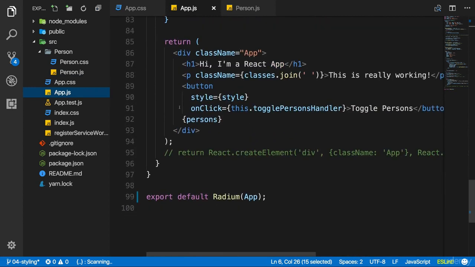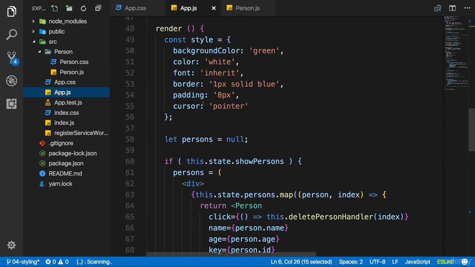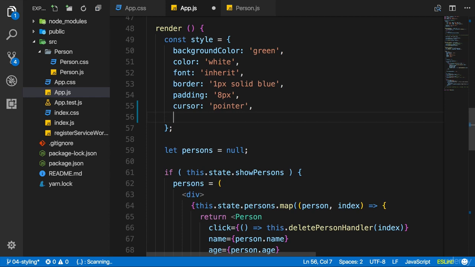Now with that added, we can start adding or using some new features. And we of course do this in our style, because Radium is all about styles. Here our style, which will get assigned to the button in the end, I want to add a hover style. And with Radium added and wrapping your export, you can simply add a new property, :hover, or any other pseudo selector. All pseudo selectors are supported. You need to wrap them in quotation marks though, because since they start with a colon, they are not valid JavaScript property names.